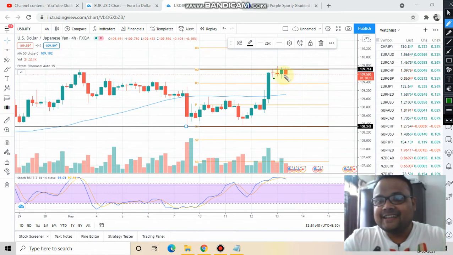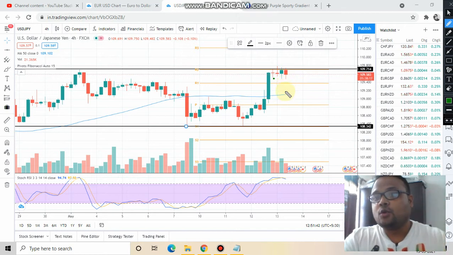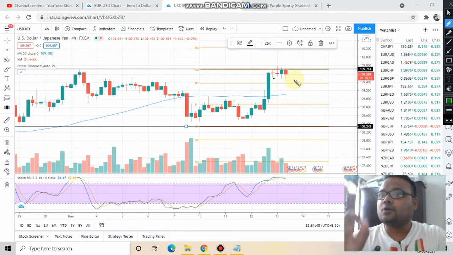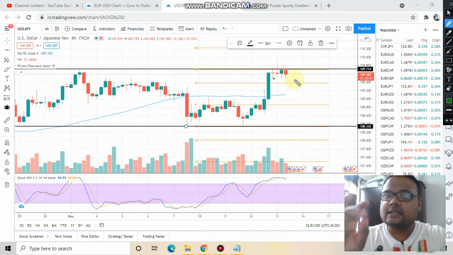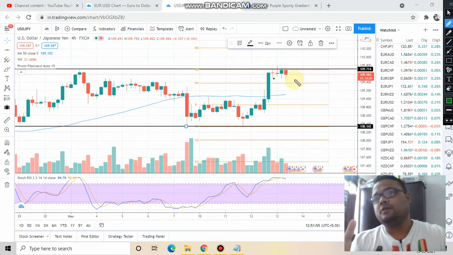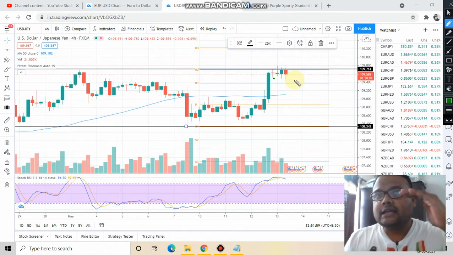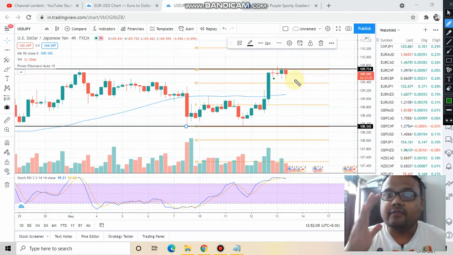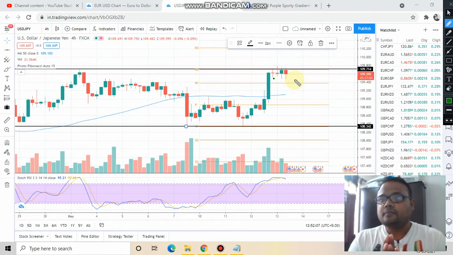Third candle, bulls won. Market formed a hammer kind of a pattern. Though the color is red, still it's a hammer kind of a pattern with price rejection from below. So this is not an ideal position to short the market. There is a resistance, but that doesn't mean that you can short the market right away. Understanding the market psychology is very, very crucial.